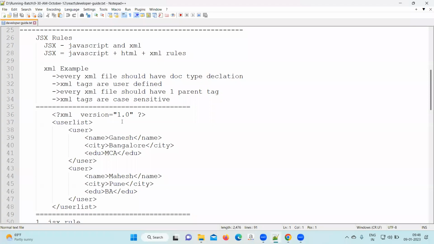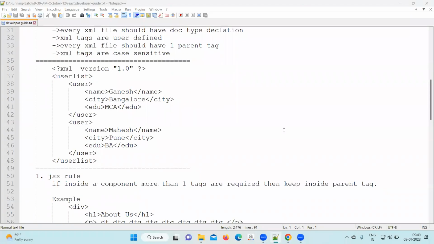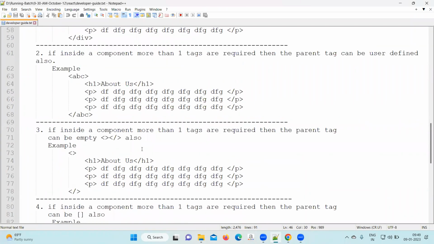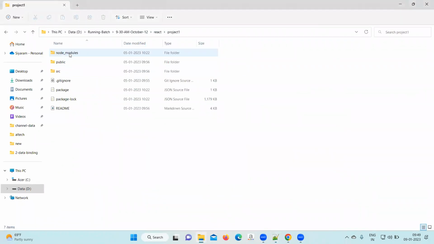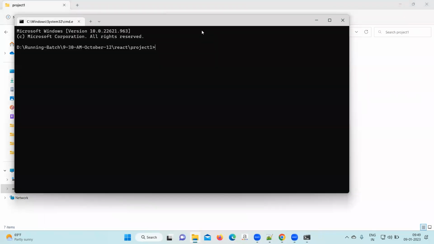Lesson from the XML format, how it will be. Then after that we have a look into our project. Now come to the project folder again, and in the project folder